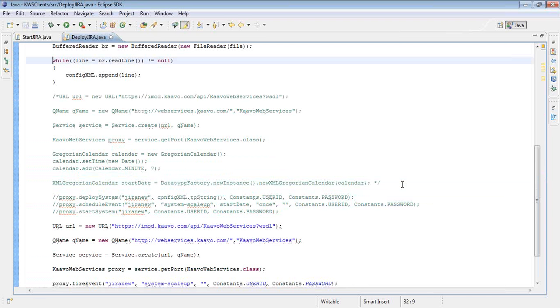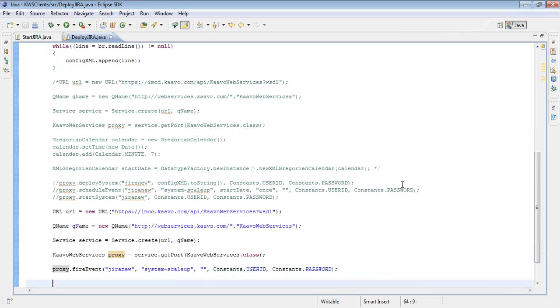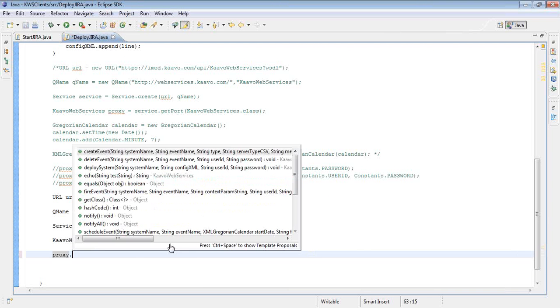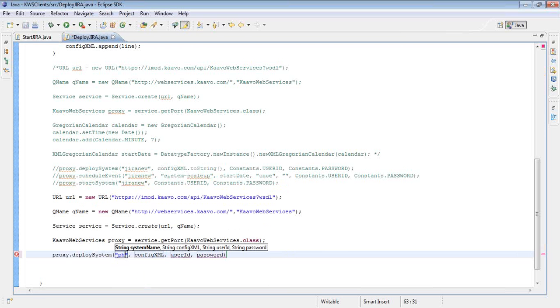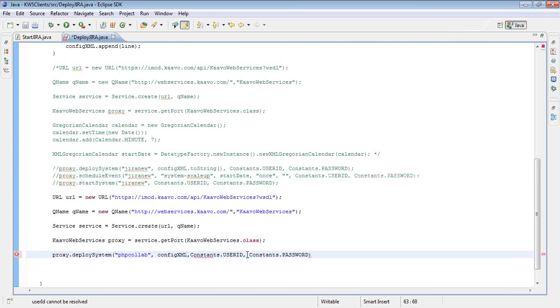So it is going to be very similar to the first example we did for deploying a system. So I will go back to there. So let me give it the name PHP Colab, because that is the 3-tier application that I will deploy now.